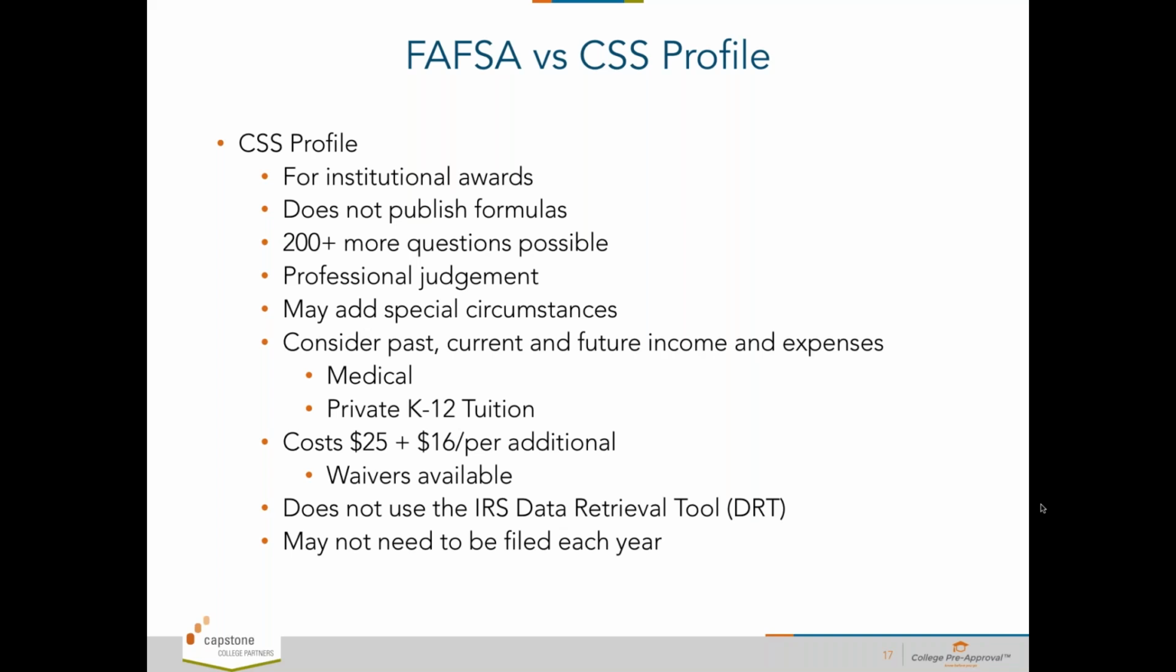So I put there's over 200 more questions that could be asked on the CSS Profile. Each institution doesn't necessarily ask the same questions. So figuring out how they want to utilize the CSS Profile, it's kind of free form for them. And they can add different questions about things like future income, past income. And really what the whole profile drives on is professional judgment of that financial aid administrator that's building that package